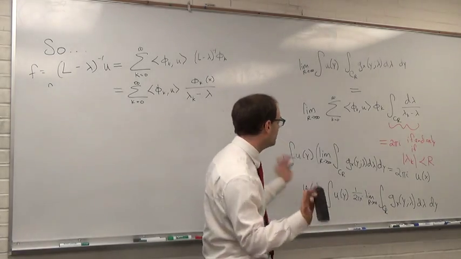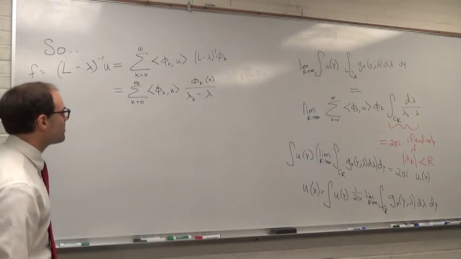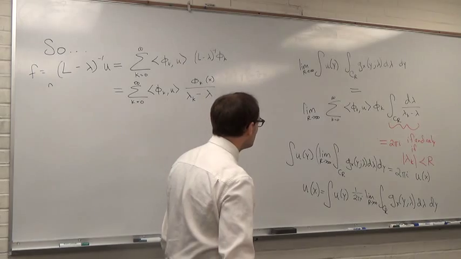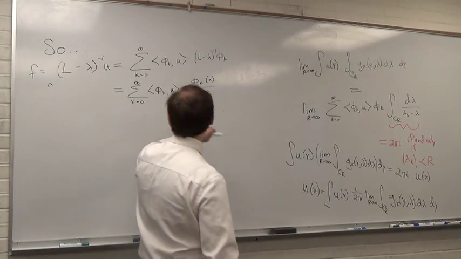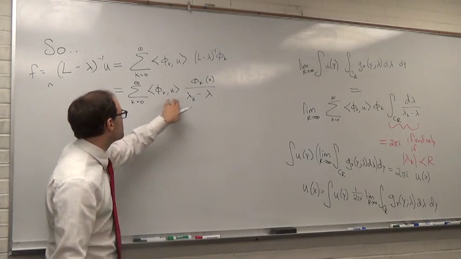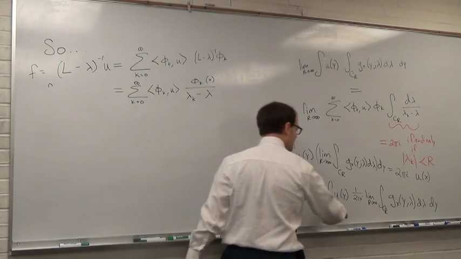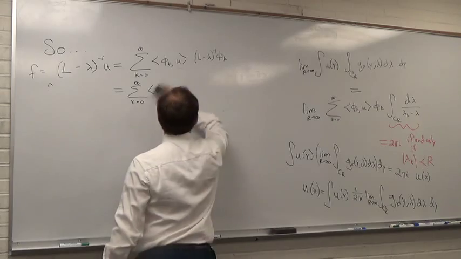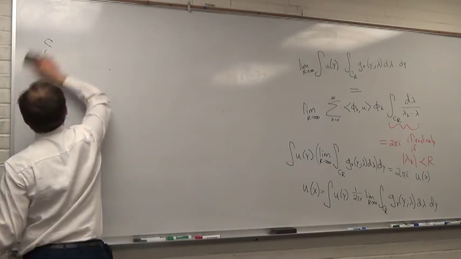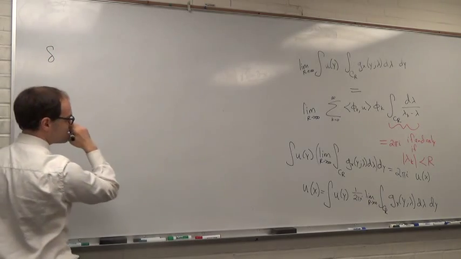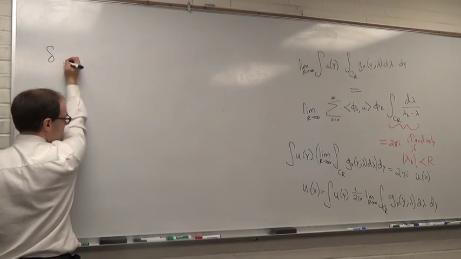Gone. Completely gone. They were just a formal trick to get the right formula. So this notion that I had to write down this Fourier series expansion for u was a formal trick to get me to derive the right thing. So this allows me to write down this spectral representation of the delta function, which then looks like